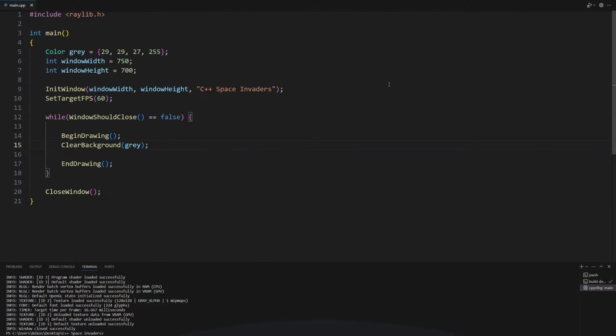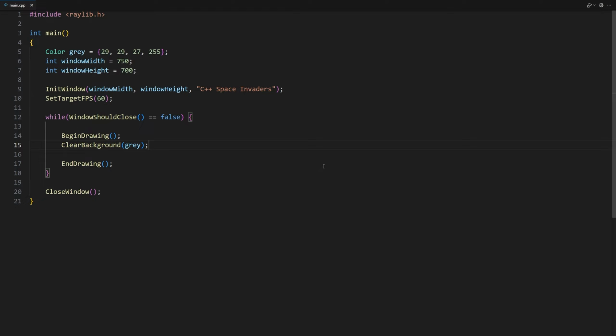Let's go back to our code. We are going to use object-oriented programming to help us organize our code. We will create a spaceship class. As we are creating a separate class for our spaceship, we need to separate the declaration of the class and its implementation. That is where the header file and the implementation file come into play.